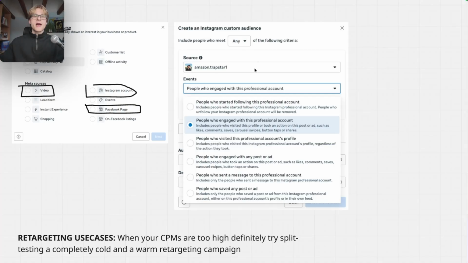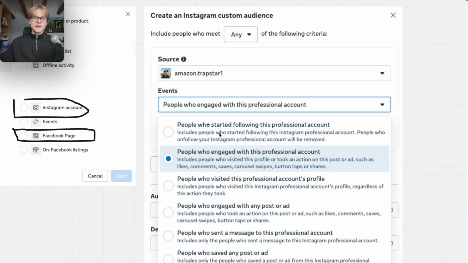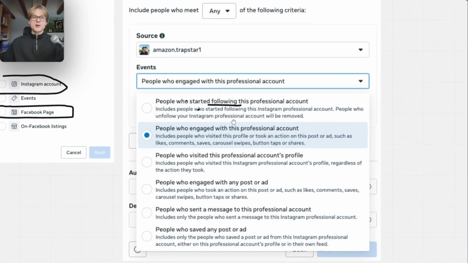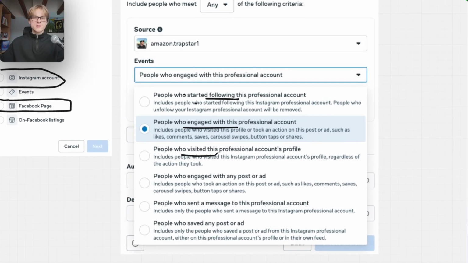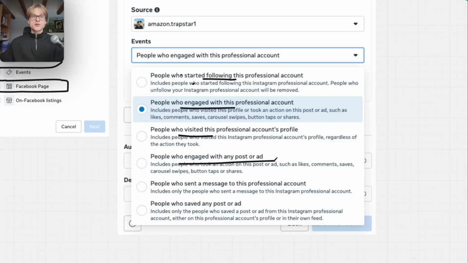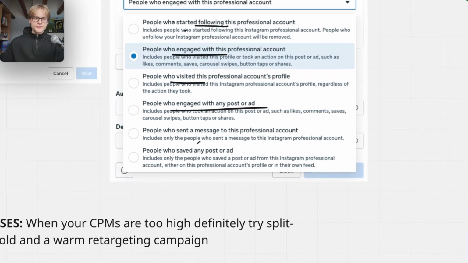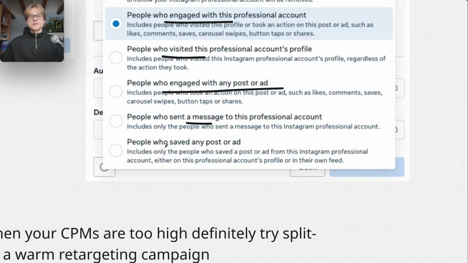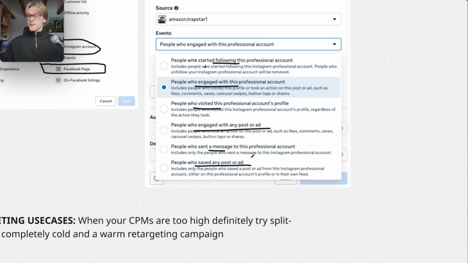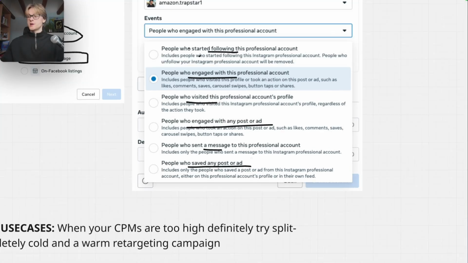Okay. And then I want to select everything in here, right? You can basically include all of the stuff. I want to select people who follow this account, people who are engaged with this account, people who visited the profile, people who engage with any post or ad. And I think this is for Instagram. Yeah. People who send a message, people who saved any post or ad. I want to add all of the stuff, and do the same thing for Facebook. And then I have my Facebook retargeting and my Instagram retargeting audience. And I put these two audiences together into one saved audience, which includes these two custom audiences. And this is my broad, big retargeting audience, okay? And I want to set this for 365 days to make sure I include all of the leads in it.